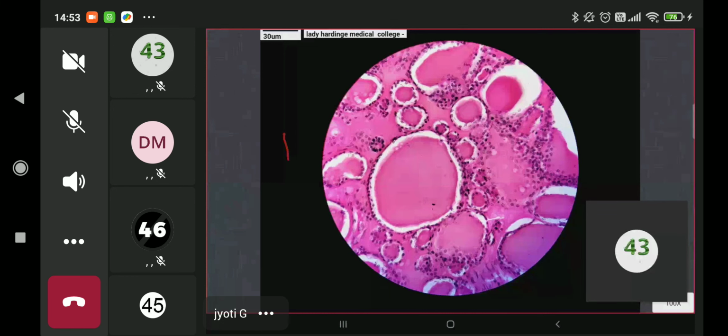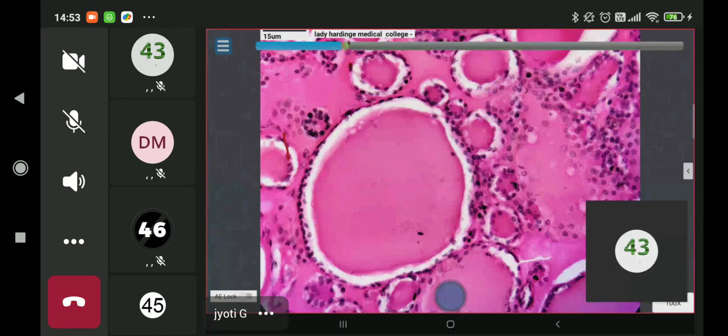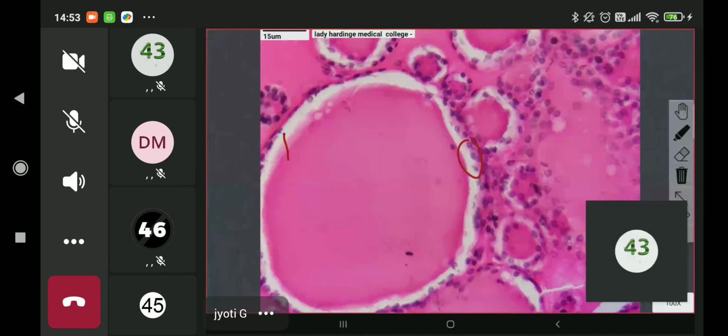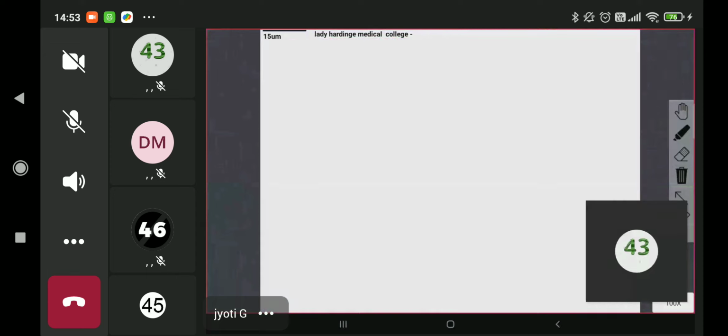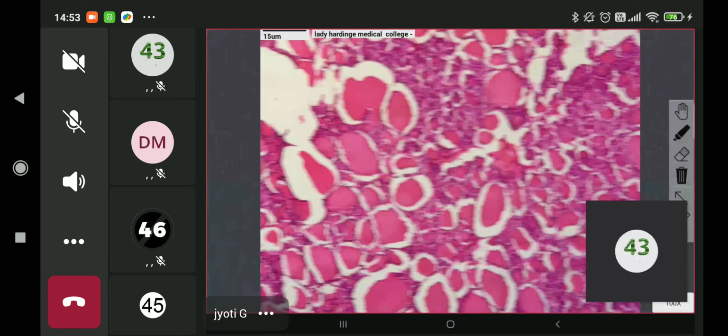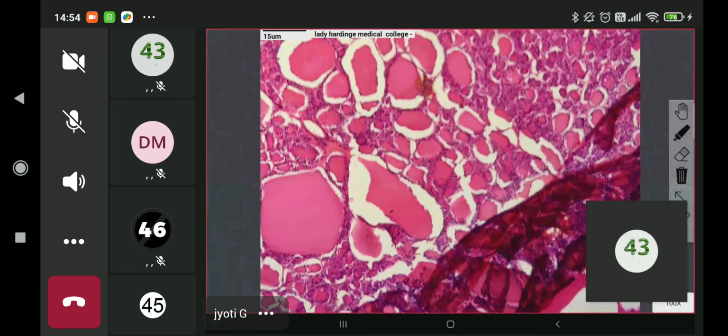Okay, this is a very easy slide. This is also a spotter. These cells look like lymphocytes but they are not lymphocytes. These are follicular epithelial cells. They are lining the follicles. And this is colloid. So nothing special in this slide. You can all identify that this is thyroid. This section shows follicles of varying sizes, many of which are cystically dilated, lined by cuboidal to flattened follicular epithelial cells, and most of them are filled with colloid. So this is a slide of colloid goiter.